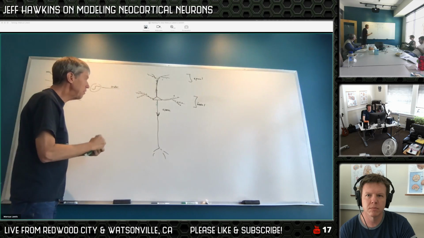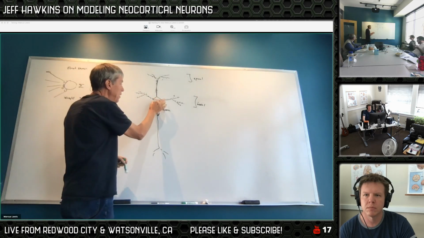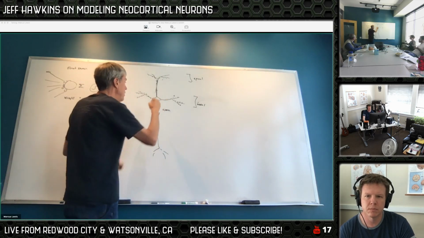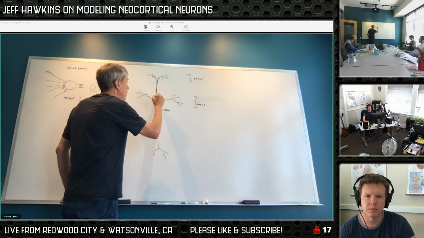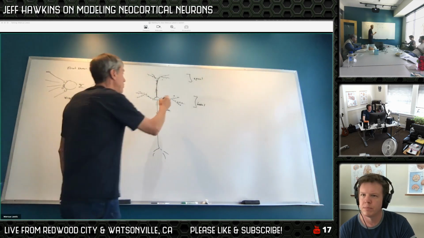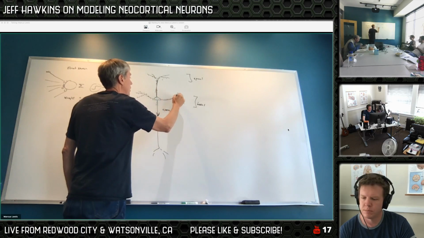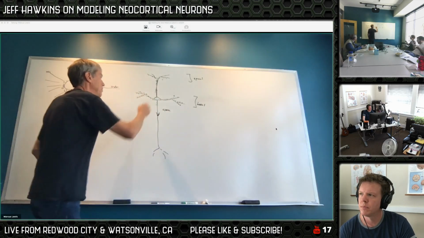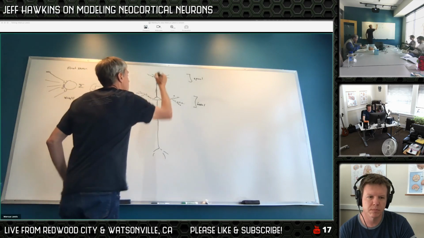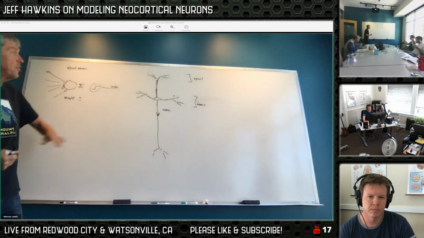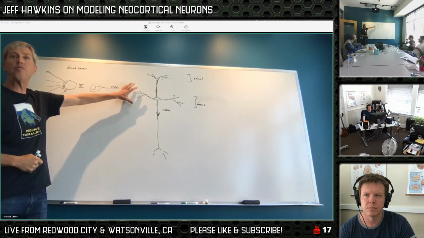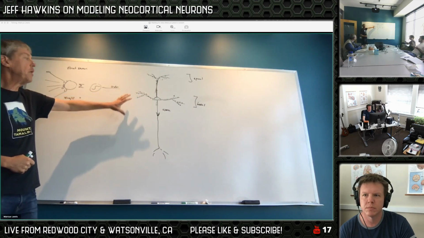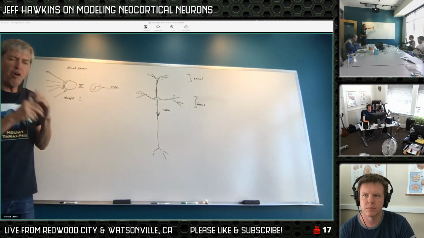So there are inhibitory synapses right around the beginning of the axon. There are inhibitory synapses that are on the cell body, and there are inhibitory synapses that are spread along here. Most of the synapses in the cell are excitatory, so far more, right? But the inhibitory synapses in general are believed